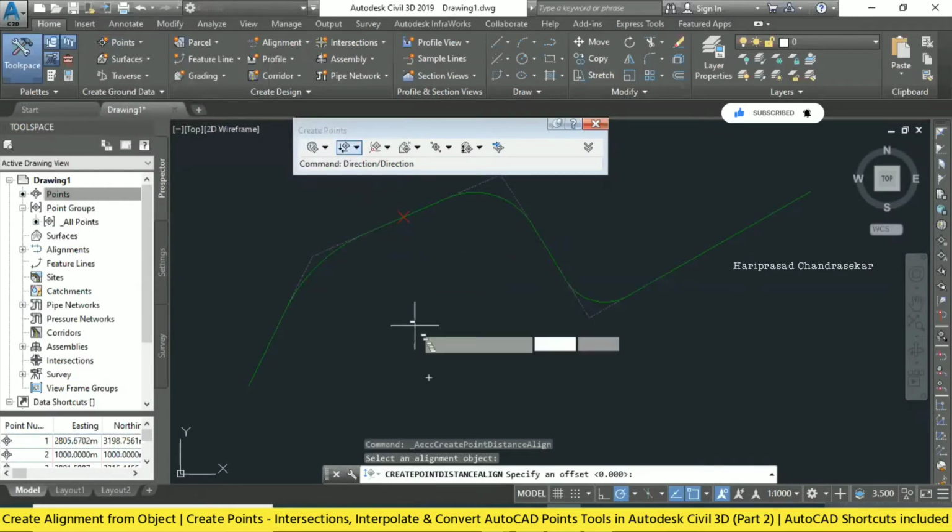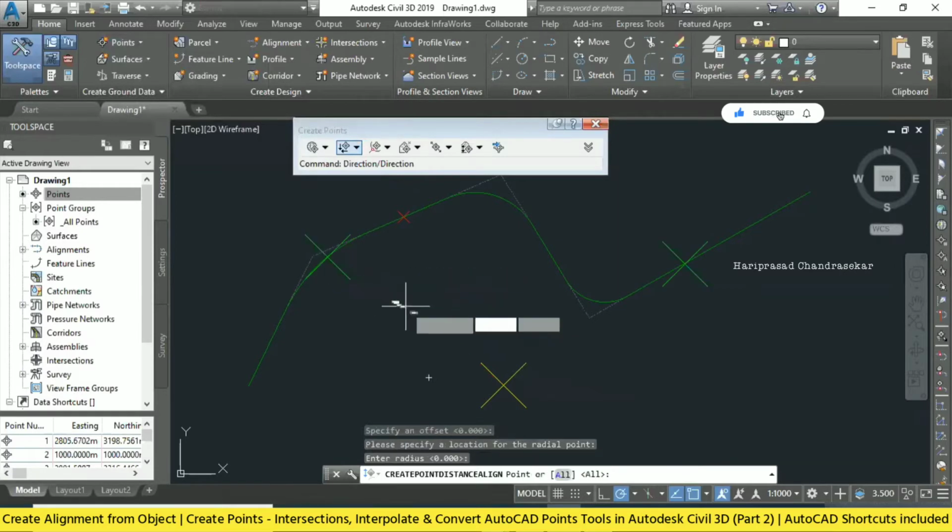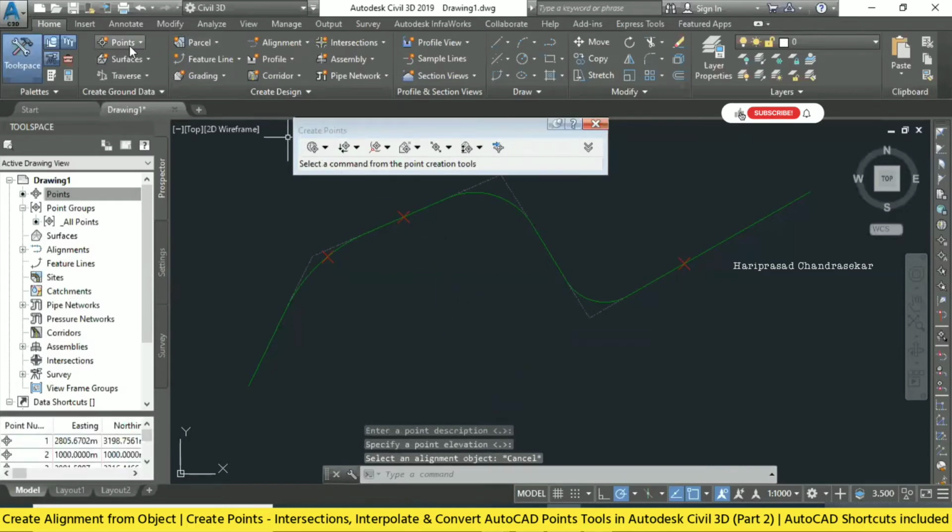Alignment object, offset 0, radial point. See, now we can see two green points are coming.